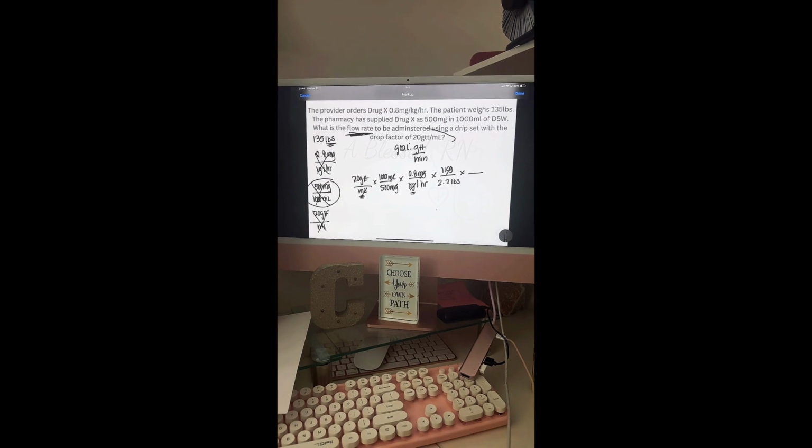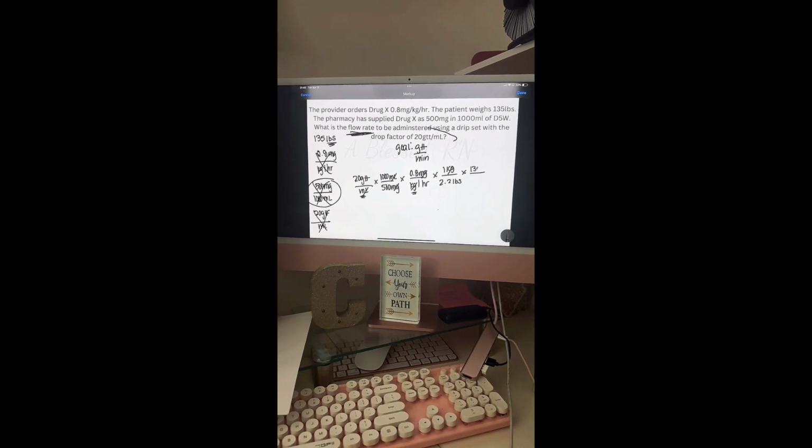The nurses are coming. Okay, 135 pounds over 1. Boom, boom. Last puzzle piece, y'all. Last puzzle piece. If we have hours at the bottom and we need minutes at the bottom, what is our